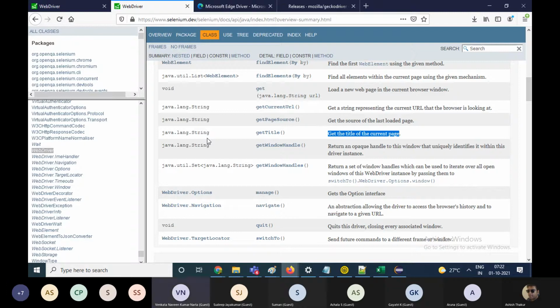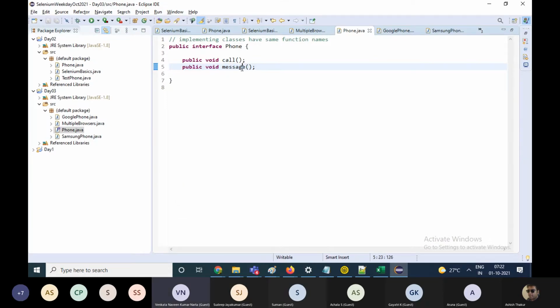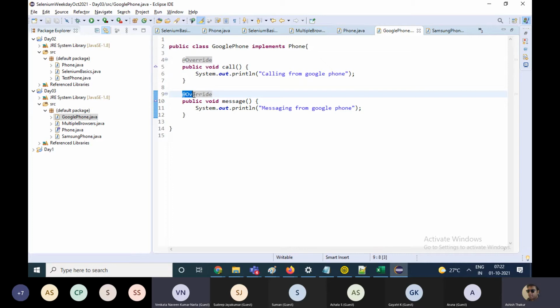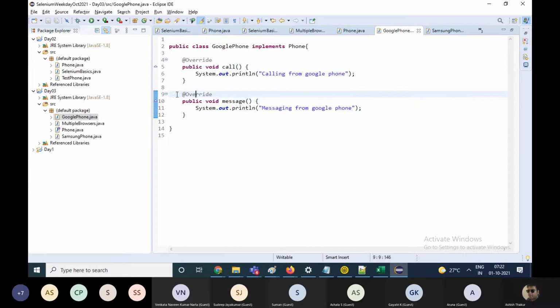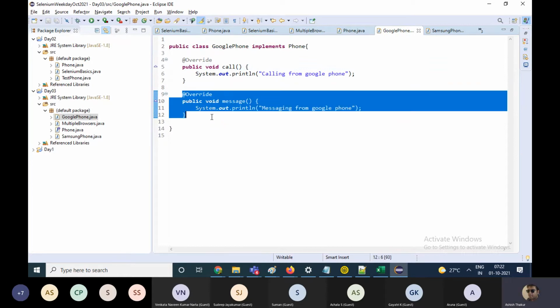We passed the two methods here, message and call. For call, only we can call the call method. If you call only the call method without message, then we face the error, right? Here, no interface. If we are not implementing it, we are not calling. I am implementing this function. Calling and implementation are different.